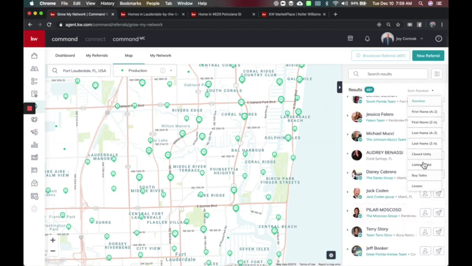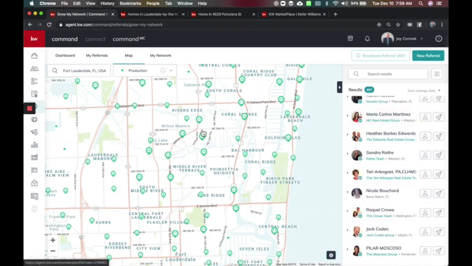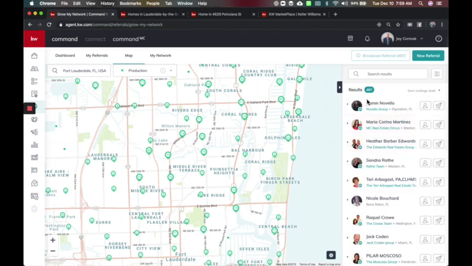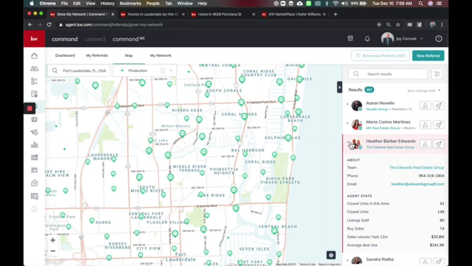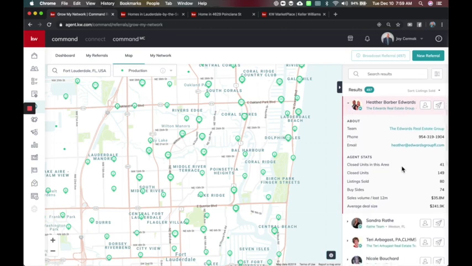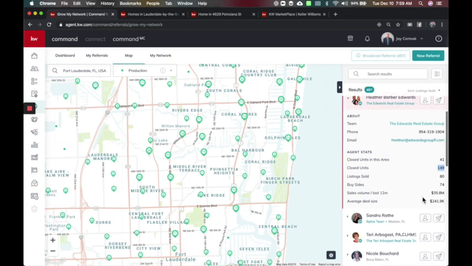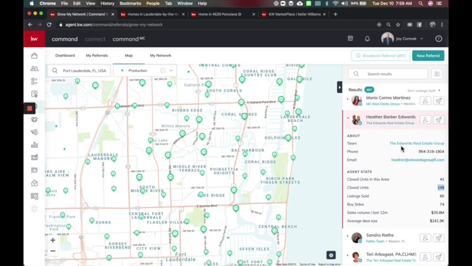I can even sort it by maybe who sold the most listings in my view right now. And I can see we got some great stuff. I've got the Edwards Group in my market center, and I can see just in this area alone, they closed 41 transactions in the last 12 months. And overall, they've closed over 150 transactions, and they're doing just over about 35, almost $40 million of sales volume, which is amazing. From here, the cool thing is I can add them to my network and connect with them,